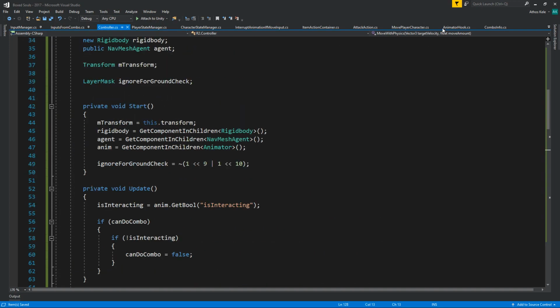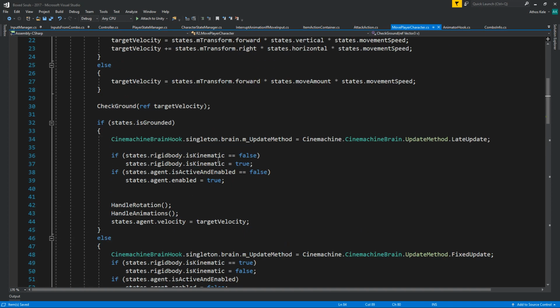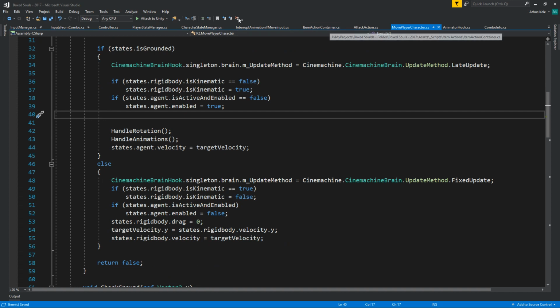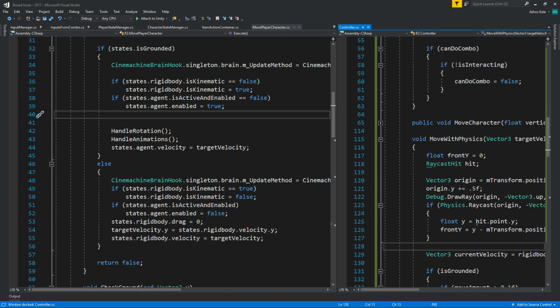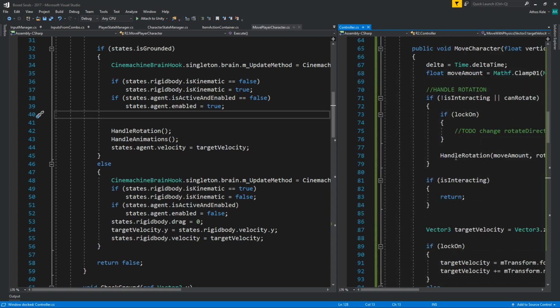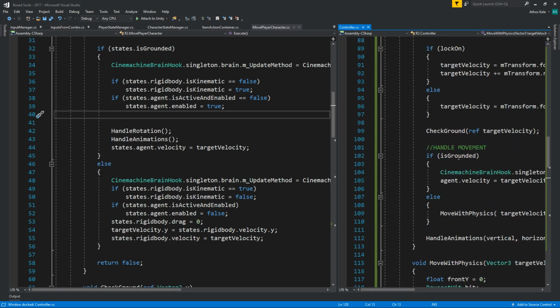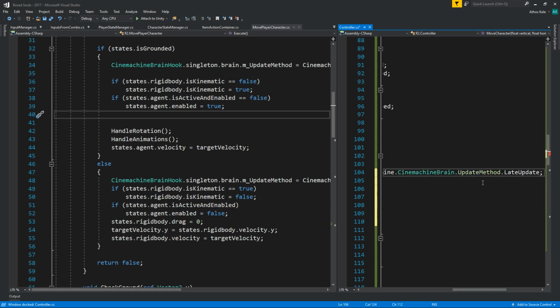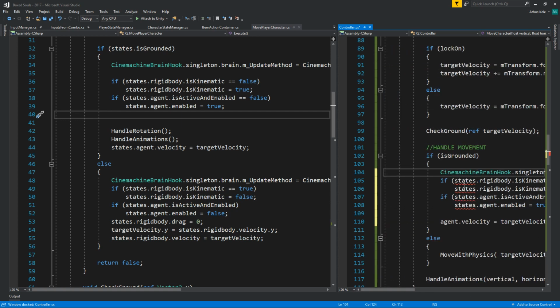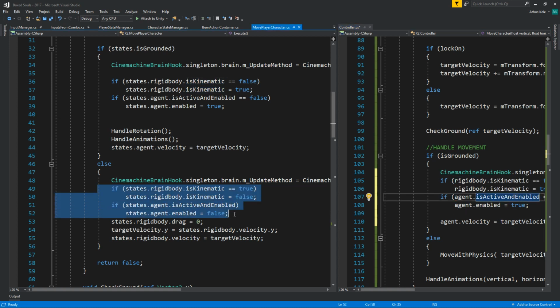Let's try one small thing. Let's try taking what we had here and here and putting them inside our controller logic as well. So if you are grounded, which is here, then do this as well. Okay, we don't need states, obviously. Okay, and if you're not grounded,